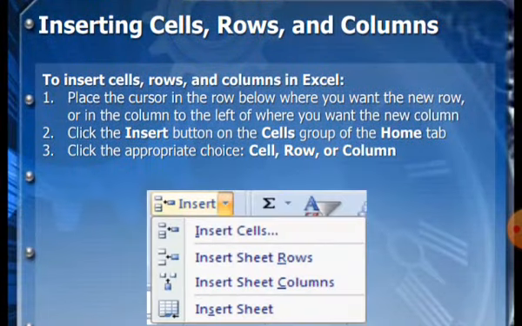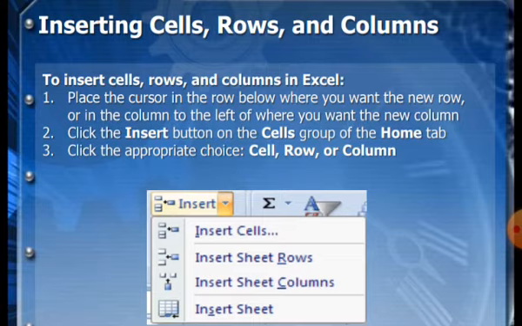Inserting cells, rows and columns. To insert cells, rows and columns in Excel you have to follow 3 steps. First, place the cursor in the row below where you want the new row. Second step, click the insert button on the cell group of the home tab.